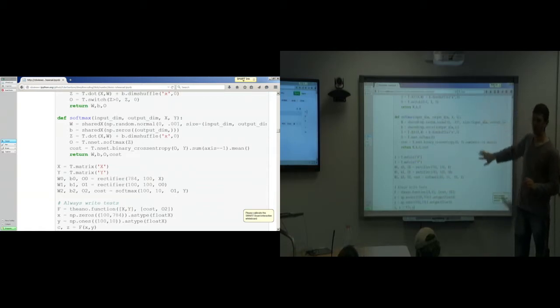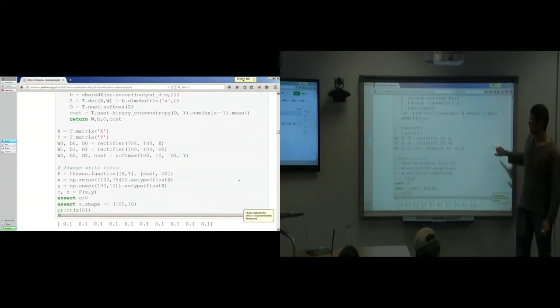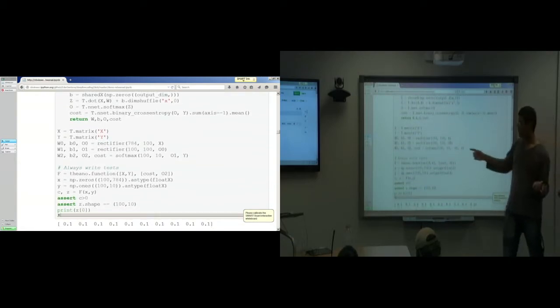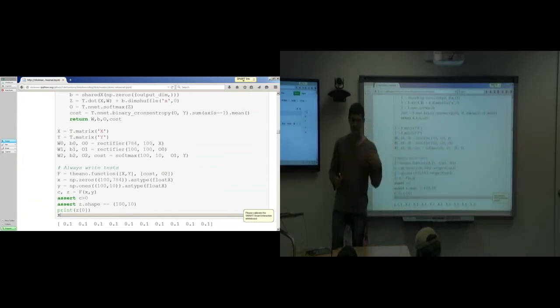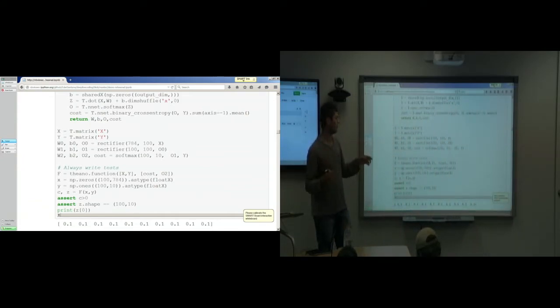Okay, so now that you've defined how your layers look, you can build your whole neural network. First I created X to be a placeholder, a symbolic variable for what will be our input and what will be our output, the desired values. Then I just created two hidden layers. Each hidden layer has 100 neurons, and the last layer has 10 neurons, one per class. I just created this graph,